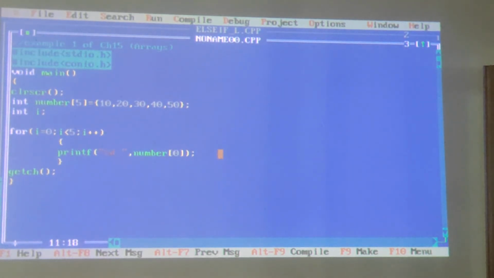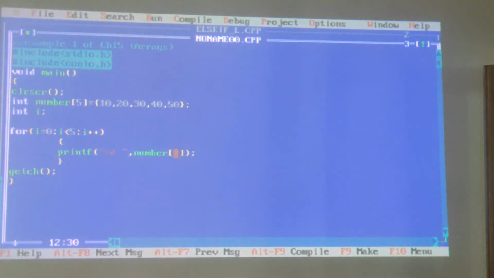So I take a variable named I. Now just see. You know that just now I is 0, so it will display the 0 position. Then I plus plus, so I is at the first position. Can you see? Now it is displaying 10, 20, 30, 40 because we replaced the constant with a variable, and this way you can use the for loop to display the values lying in a single dimensional array.